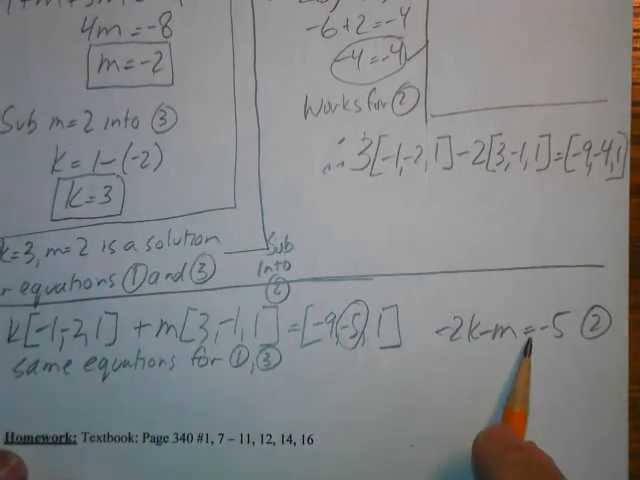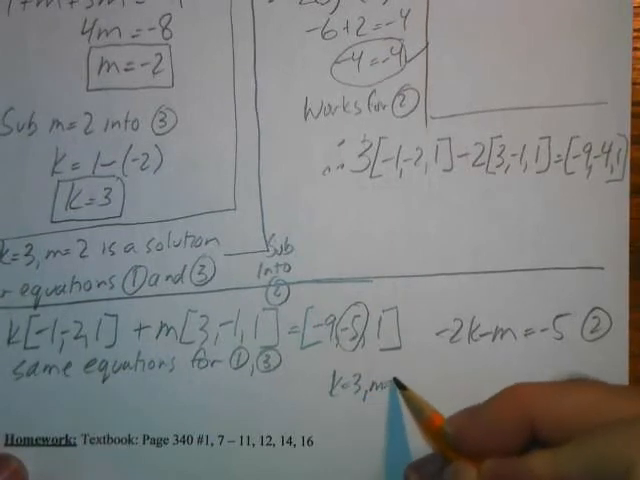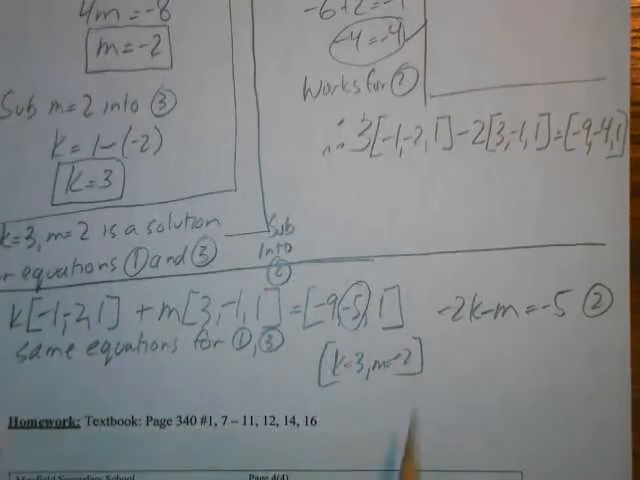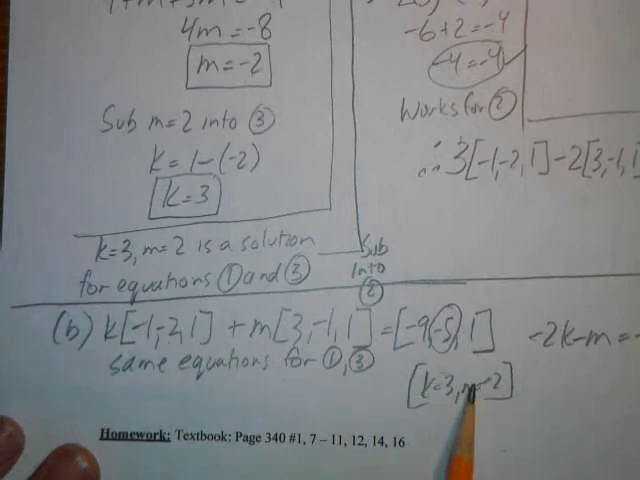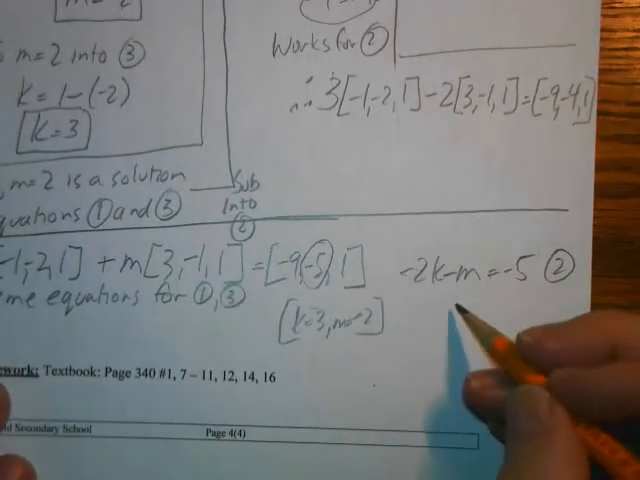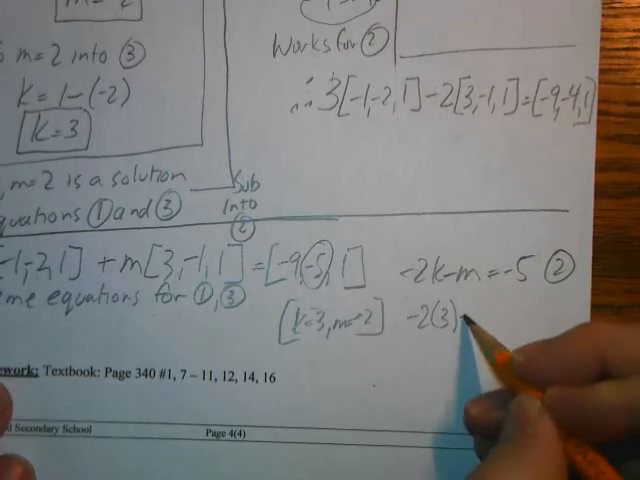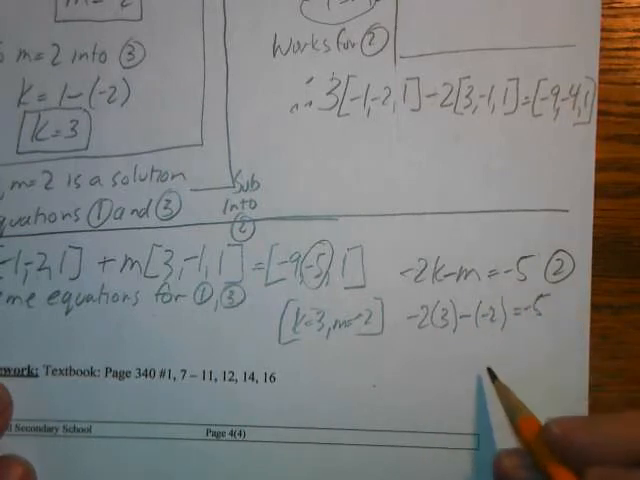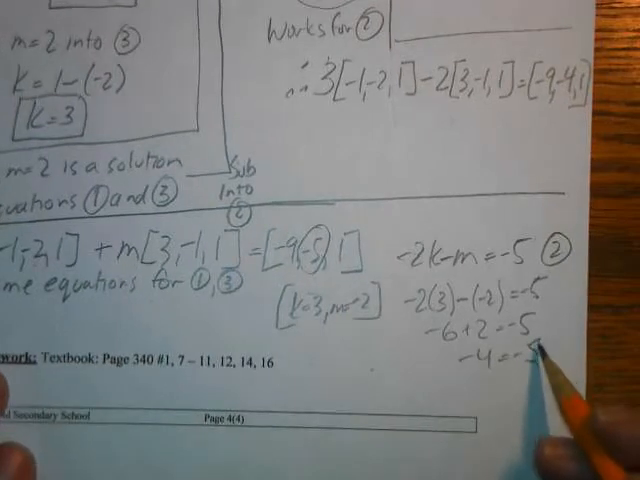And if this point is on that same plane, I should be able to plug in my k and m values that I got above. So k equals 3, m equals -2, because that was a solution not only in the above question, but for the equations 1 and 3 here. But now you can see if I plug that into the revised equation 2, I'm going to have -2 times 3 minus -2 equals -5. So -6 plus 2 equals -5. Well, that's definitely not working this time. So this is not true,